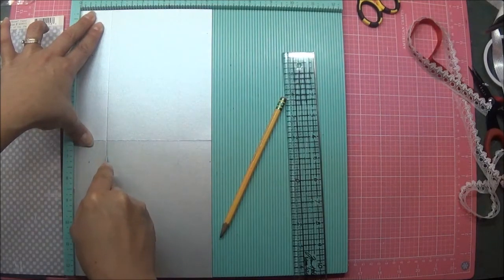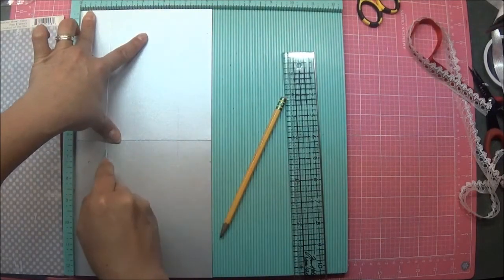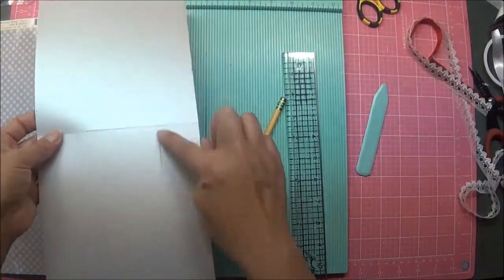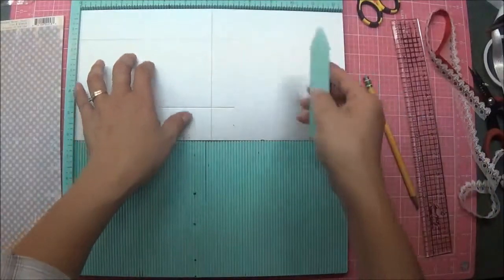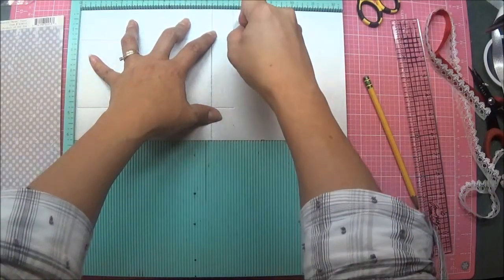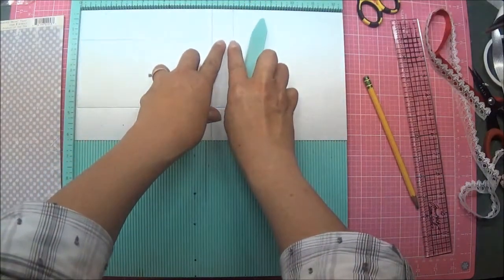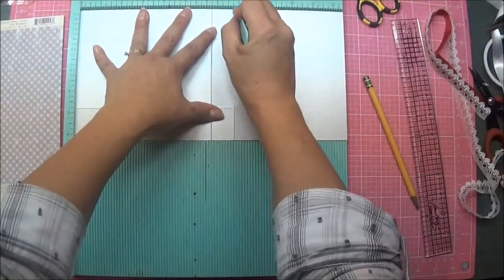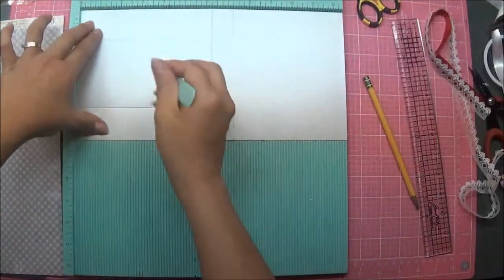Now that we know where our score lines are, we can go ahead and cut right in through here. But first we're going to make some other score lines before we start cutting. You're going to score at your 7 1/4 inch. You're going to bring that just to that, stopping right there at that first score line. Then you're going to flip your card over and do another one to that first score line, okay. Then you're going to flip it back over and score at the